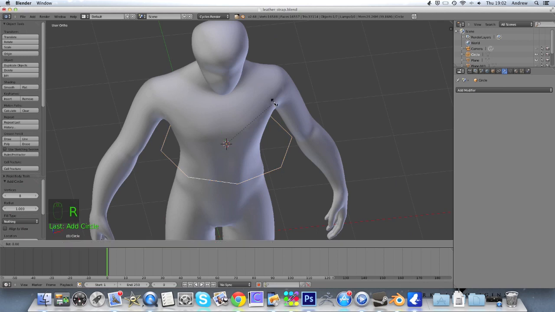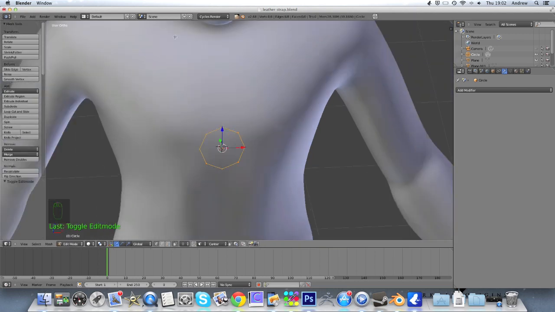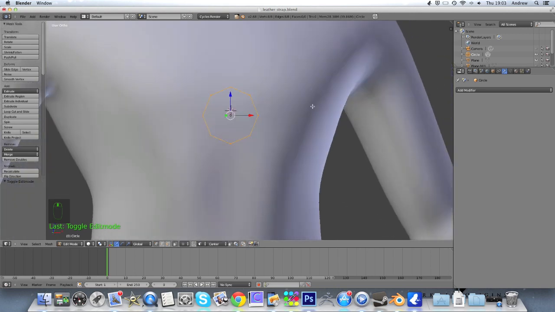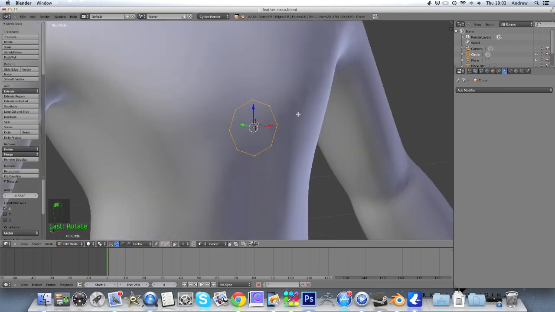And what we're going to do is rotate this on the X 90 just like we did before, scale it in, and it should roughly be where, and I'm going to turn off snapping for this, roughly where the plane was, which we can't see anymore because it's actually inside the mesh somewhere here. But anyway, we don't want to snap this because it's a metal circle, it's not going to be tightly wrapped around the body because it's made out of metal. So I'm going to rotate it just a little bit like it is actually resting on the body, and then I'm going to